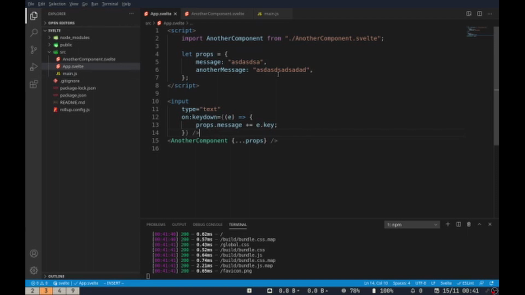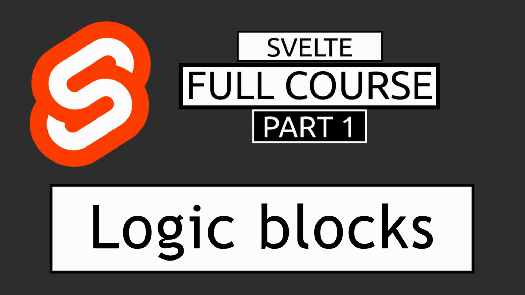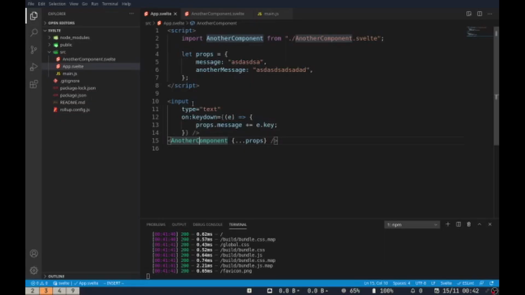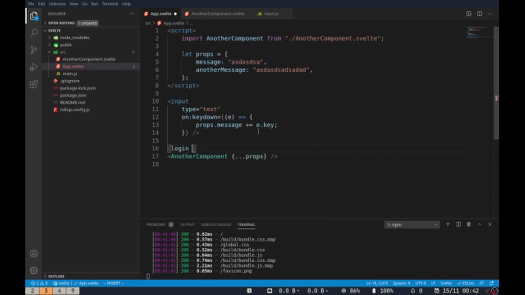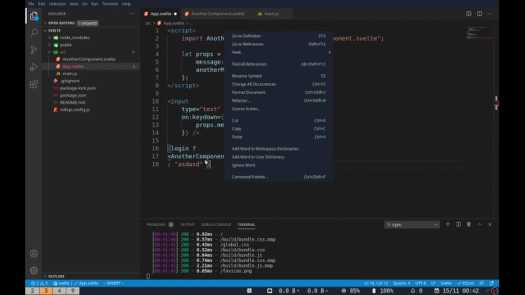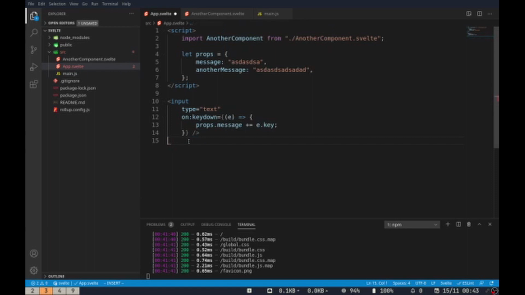Let's take a look at special blocks. Alright, now let's take a look at if blocks. If you have used some other kind of framework, you will know that you might have done something like this, where you would have said, maybe a variable like login, and then if you're logged in, you can show the other component, otherwise you'll just show some random text. But this doesn't work with Svelte because Svelte is not JSX. You cannot put HTML in JavaScript, because HTML is just HTML and JavaScript is just JavaScript. So to fix this,